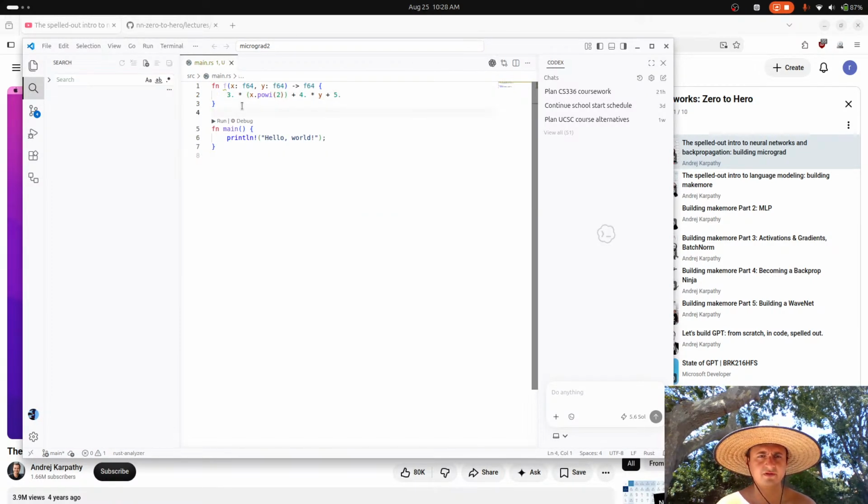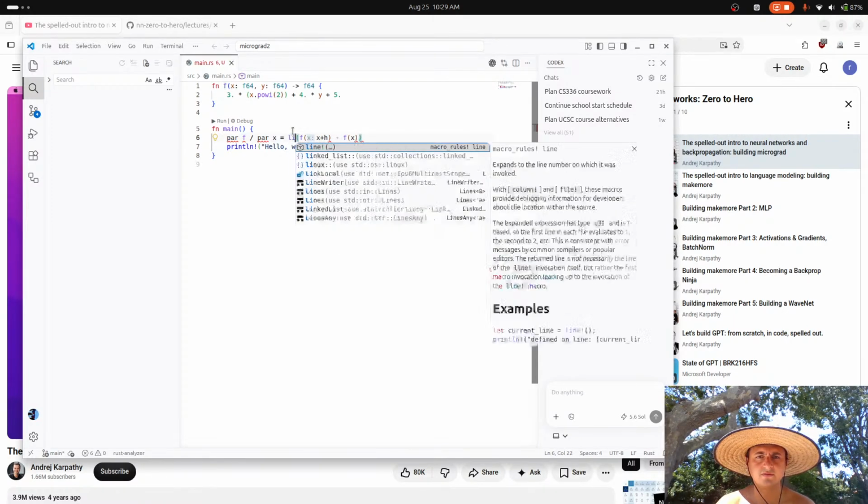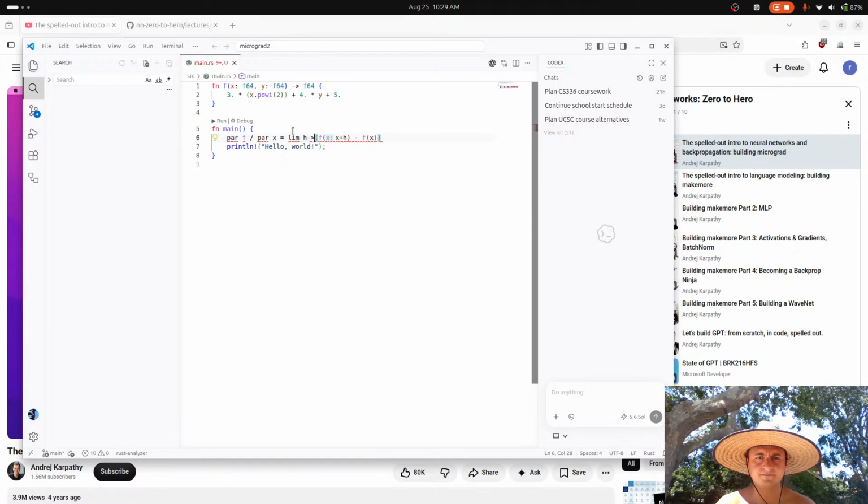Here we go. Alright, so the definition of a derivative is roughly df, the rise over the run where the limit goes to 0. Okay, but the point here is that we can do what's called finite differencing. So we can